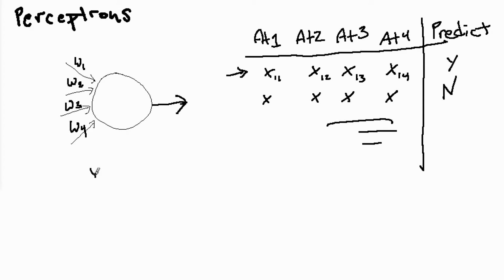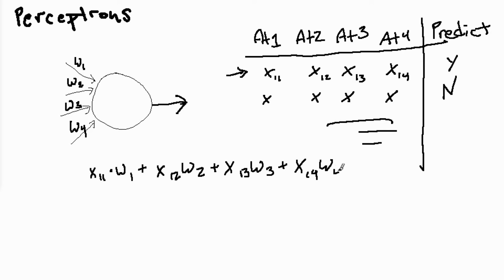So we would look at X11 and multiply that times W1, and then we would go plus X12 times W2 plus X13 times W3 plus X14 times W4,